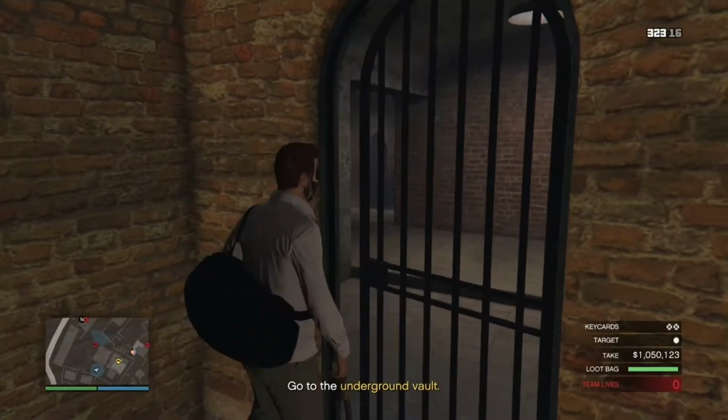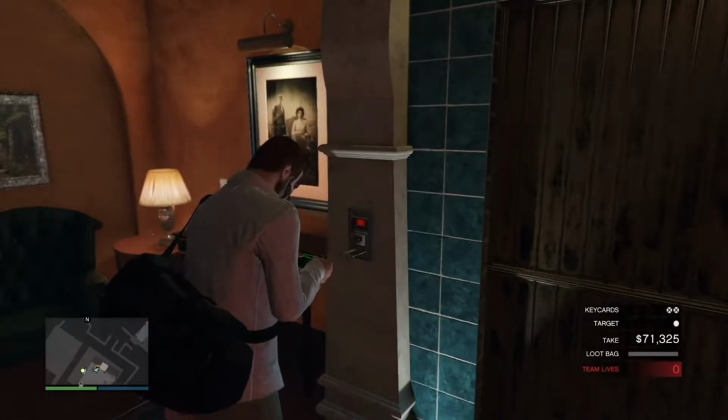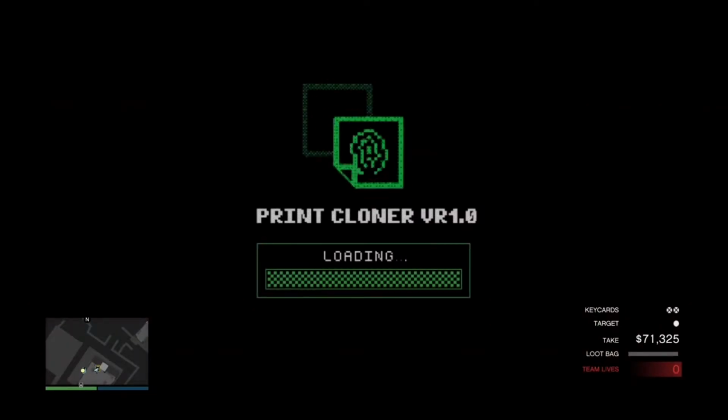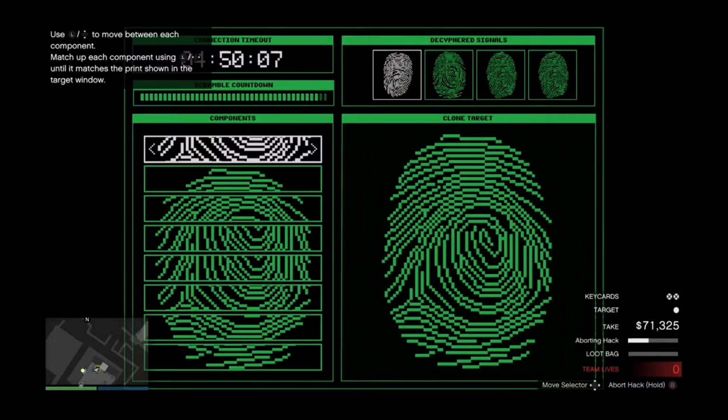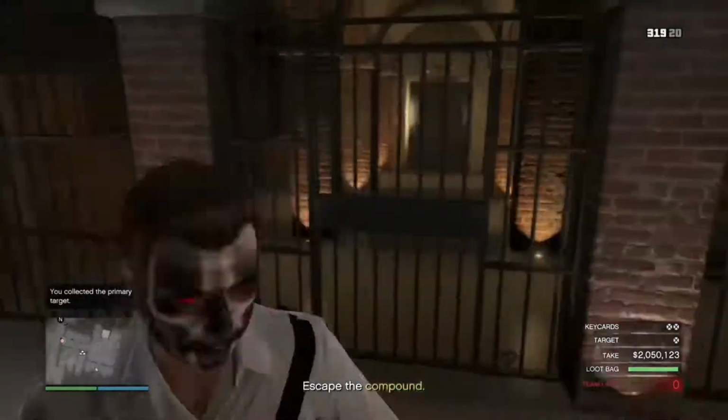Now, what I see a lot of people doing is hacking the elevator in the office to get down to the basement. And the reason you shouldn't do this is because you have to do 4 fingerprint hacks in order to gain access. Whereas, if you hack the door in the basement, you only need to do 2 hacks, which will save you time. But anyways, now that you're in the basement, go ahead and steal the primary target and